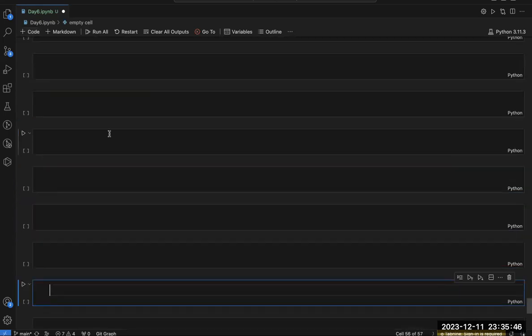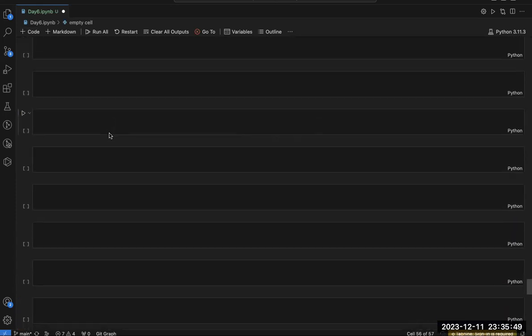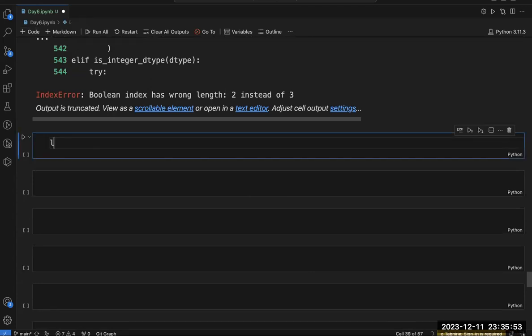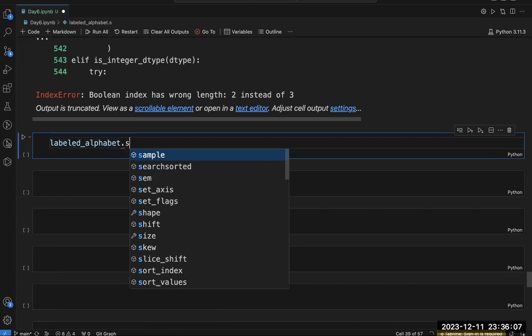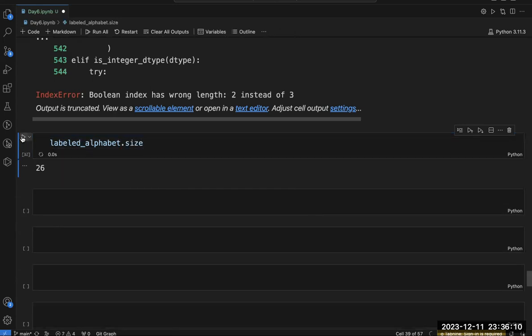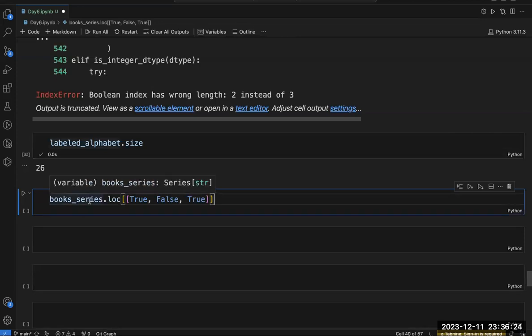Now let's write similarly. If I write level_alphabet.size, I will get 26 because level_alphabet has a size of 26. Now let's write level_alphabet.loc, and write true, false, true.